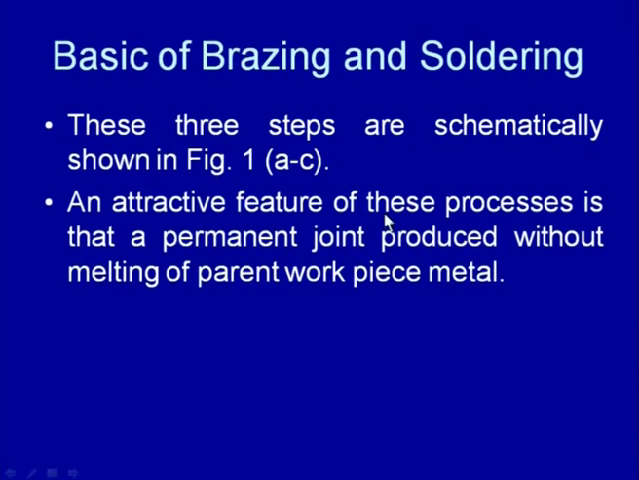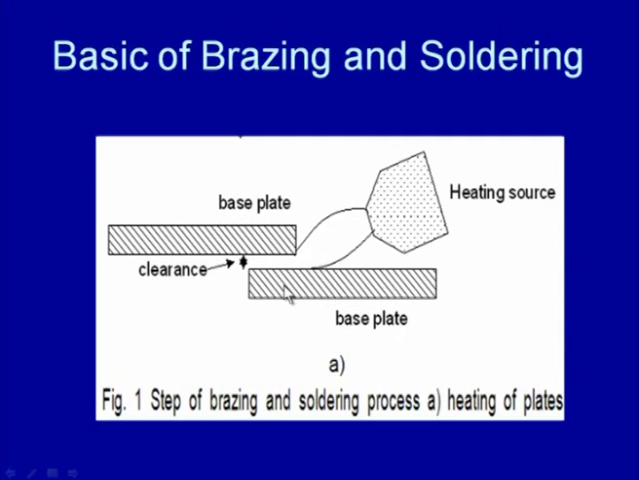An attractive feature of these processes is that a permanent joint is obtained without melting of the faying surfaces, and this in turn helps in avoiding many undesirable characteristics which are offered by fusion weld joints, like differential expansion and contraction leading to the development of residual stresses, the heat affected zone, and sometimes distortion in the weld being made. If you see this process schematically, if you are using a gas flame as the heat source,